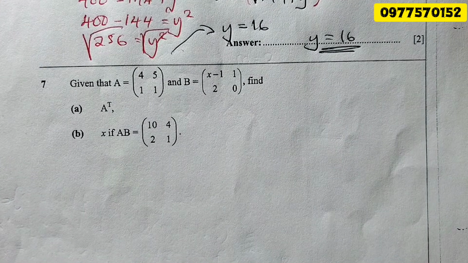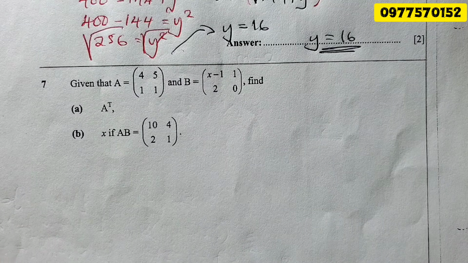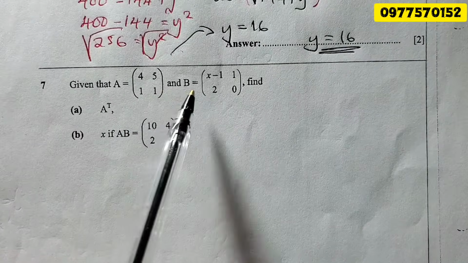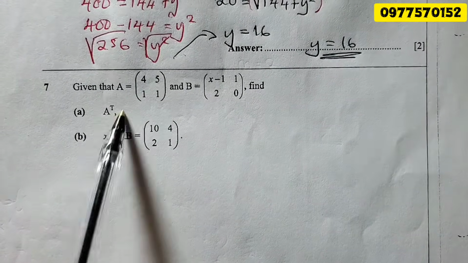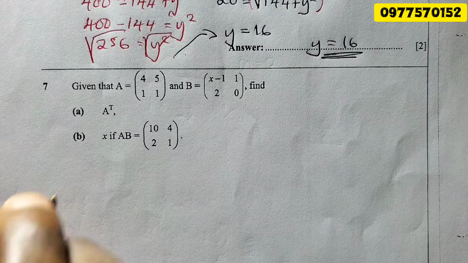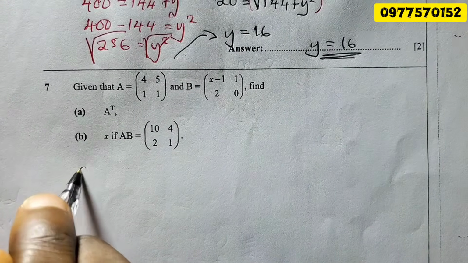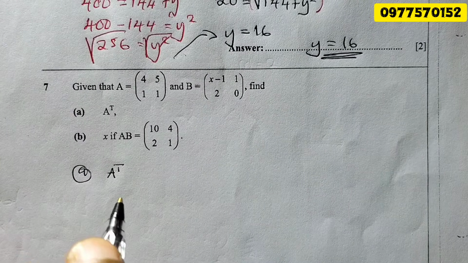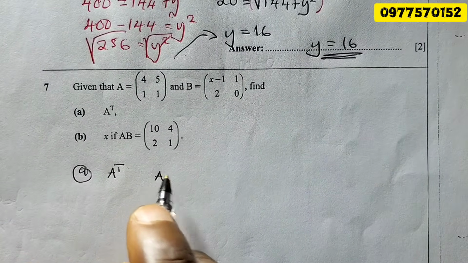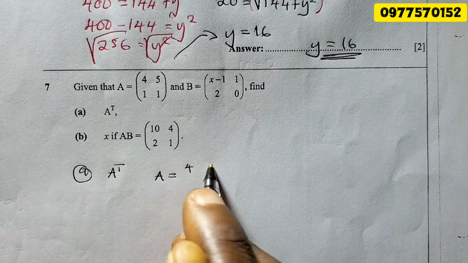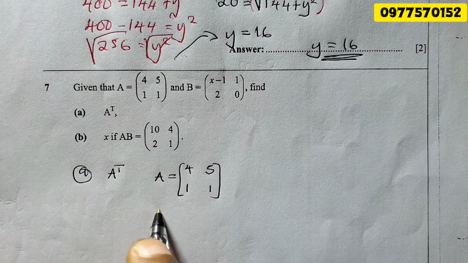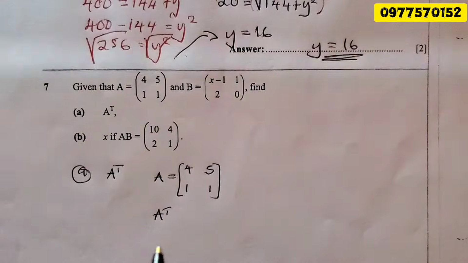Let's solve question 7. Question 7 is under matrices and it reads, given that matrix A is 4, 5, 1, 1, and B is this one, find the transpose of A. This is simple. We are told to find the transpose, A transpose. So since matrix A is 4, 5, 1, 1, the A transpose is